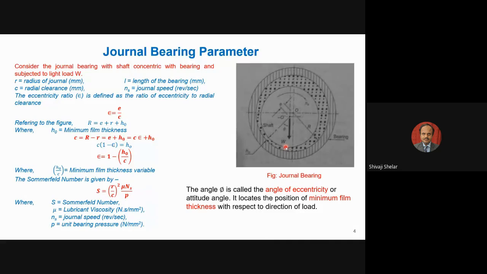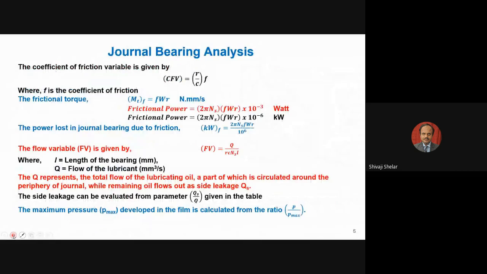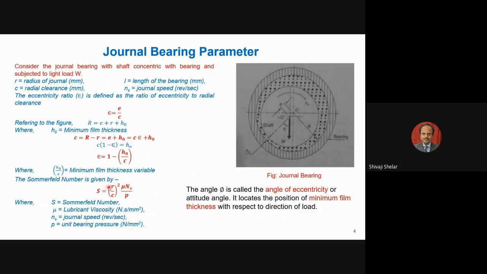Please remember, analysis of journal bearing is quite complicated. It involves subjects like strength of materials, fluid mechanics, and theory of machines. All these topics are covered there, and the physical material properties of the bearing are also covered here. So let's go to the next continuation of this analysis. In this continuation, once you know the Sommerfeld number, you will have a table. And what are the table contents? I am explaining one by one. One such table content is called